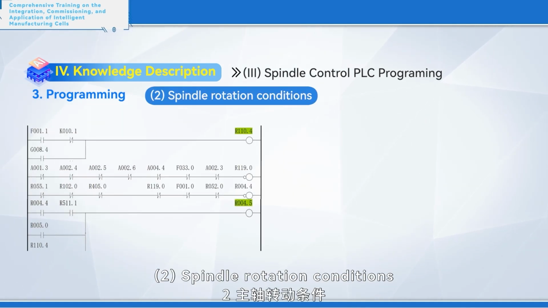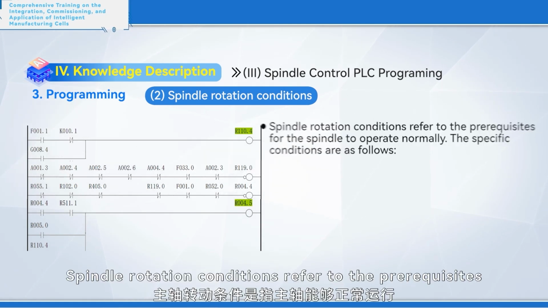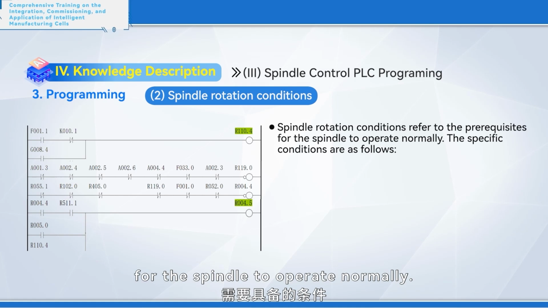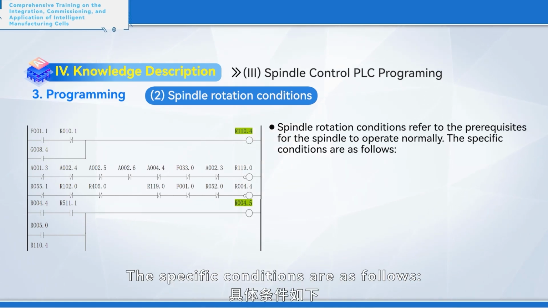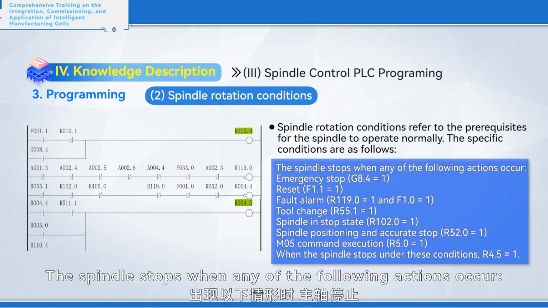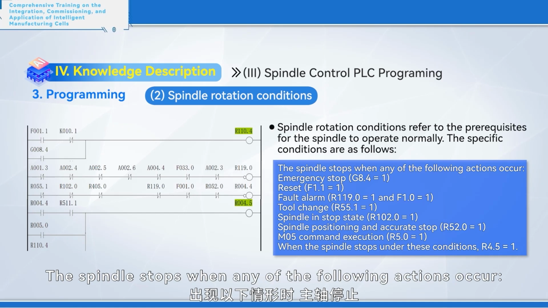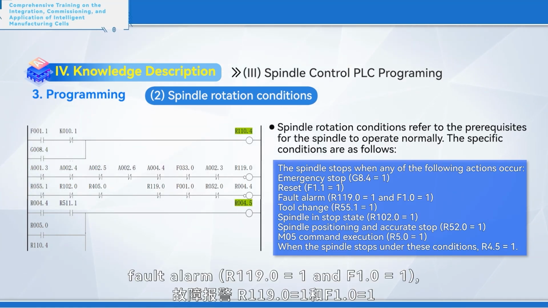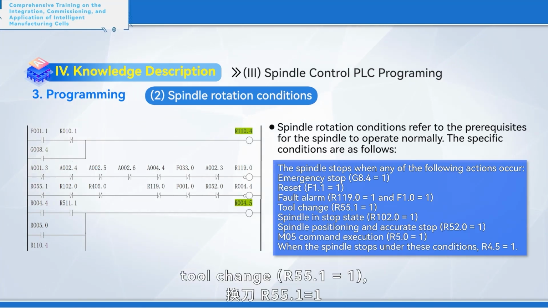2. Spindle rotation conditions. Spindle rotation conditions refer to the prerequisites for the spindle to operate normally. The specific conditions are as follows. The spindle stops when any of the following actions occur: emergency stop, G8.4 equals 1; reset, F1.1 equals 1; fault alarm, R119.0 equals 1 and F1.0 equals 1; tool change, R55.1 equals 1;